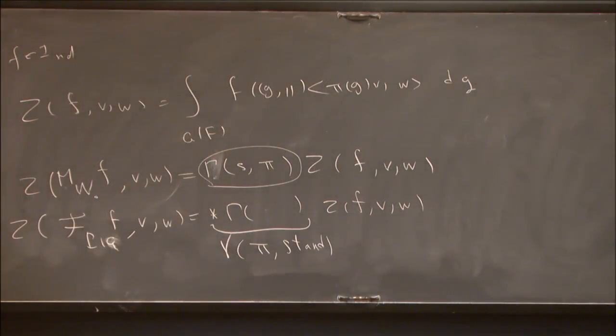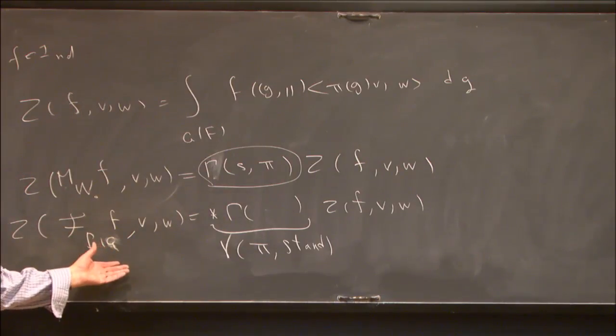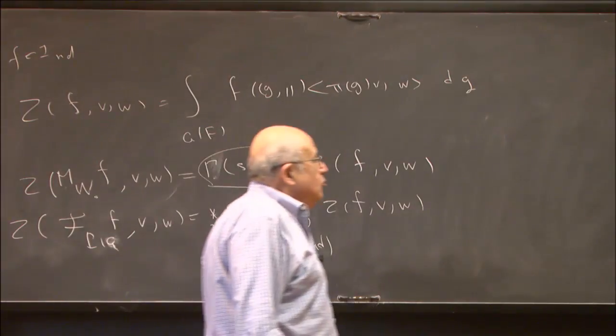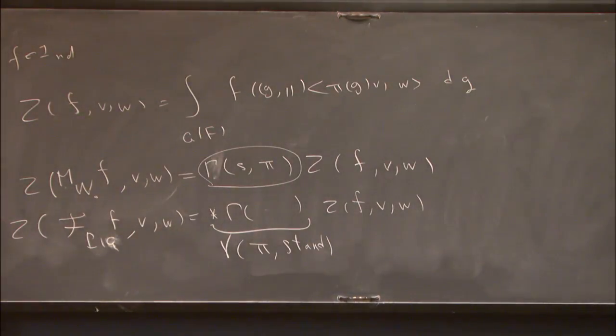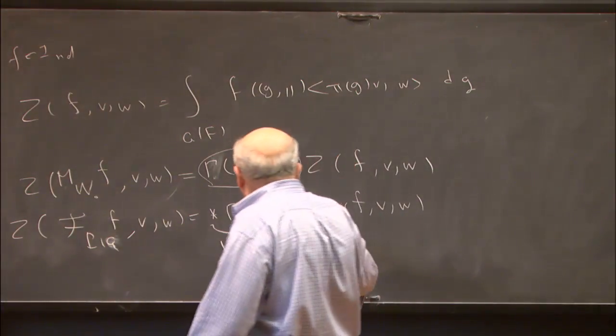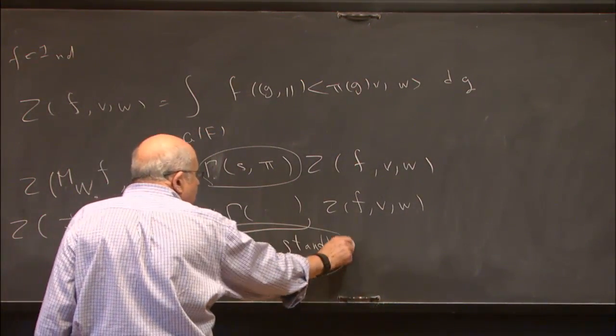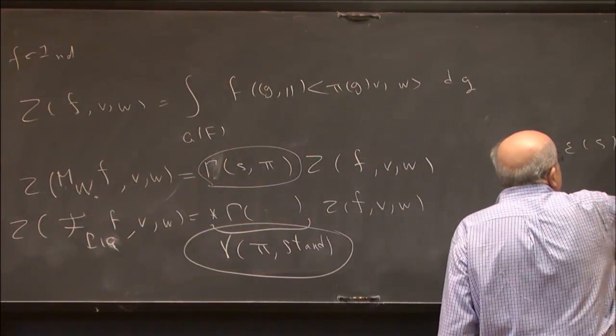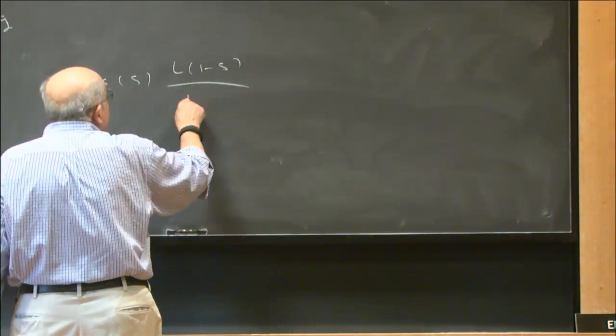So it shows, of course, you have to really understand their paper. It's not an easy paper. When Wei Li wrote a paper about these things, I wrote to him, I said, can you explain to me where they got these normalizing factors? And he said that is one of the mysteries of that paper. He said he doesn't understand how they did it, but this is what really happens. So the point is that the normalizing factors are these gamma functions. Gamma functions are, as I said, epsilon(s) L(1 minus s) divided by L(s).